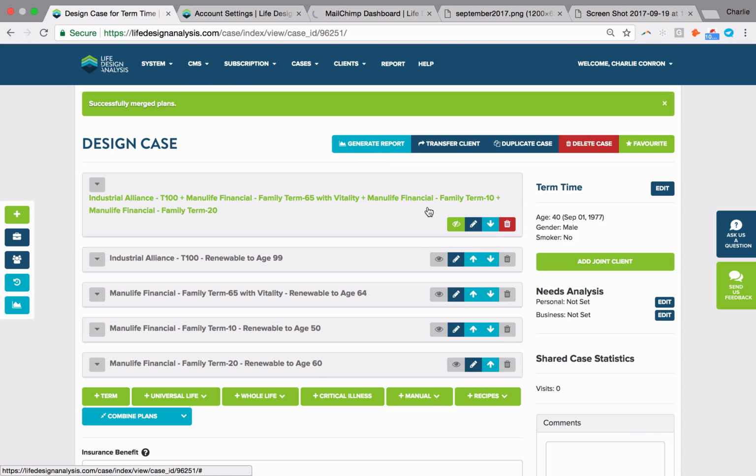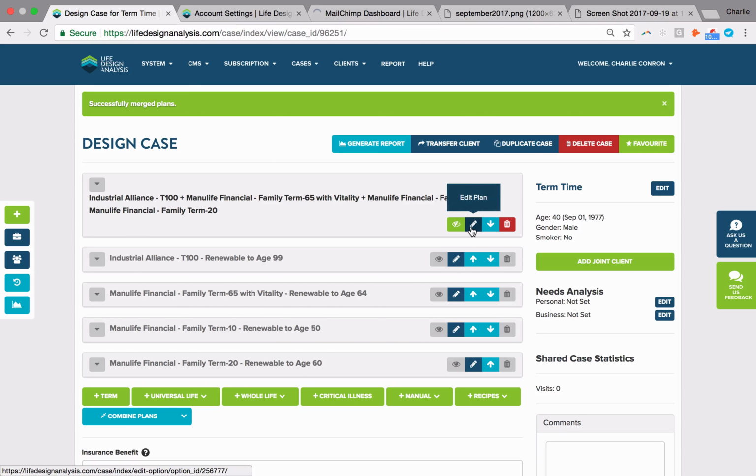You can, of course, change that. However, the other thing I like to point out, and it may not be obvious on a recording depending on your screen, is that these ones are grayed out or hidden. So even though we've made a brand new sum of all those plans, we keep the individual ones if you ever wanted to change any of the underlying assumptions. So for example, if you wanted the T20 to renew, any change you make down here as far as when it's renewable to will be reflected in the combined one as well. So it's basically live summed.